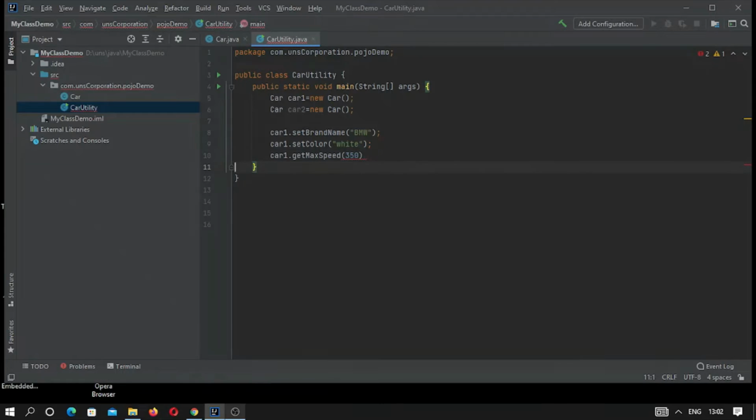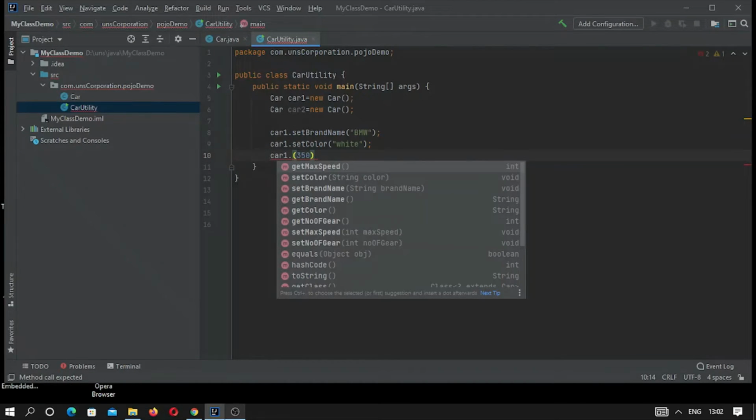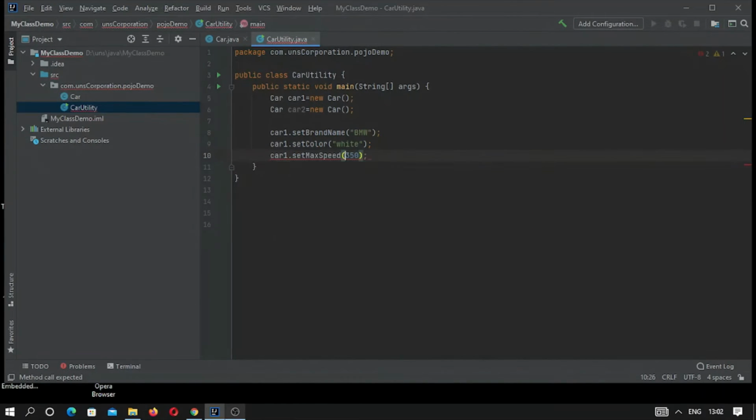Car1 dot setMaxSpeed. You can see here it is already defined, int maxSpeed. Now the same thing we are just copying for car2 also. Here, this is car2, this is car2, and this is car2, and suppose this is Chevrolet.